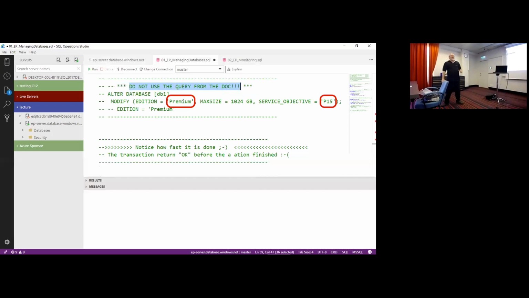Okay, so another point that I want to mention is that all those queries that I showed you, including modify and take a database outside the pool, for example, to premium P15, will be finished in less than a second. You will execute the query and get the result. You must understand that this does not mean that the task was finished. This only tells you that the query was executed, and now the task is starting, because now Azure behind the skin needs to do whatever it needs to do.